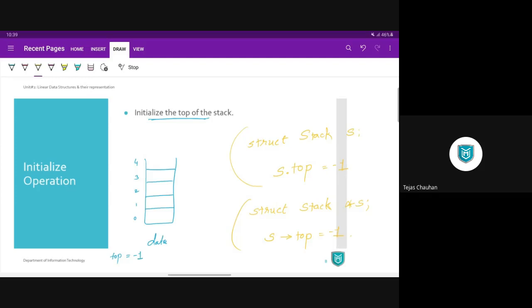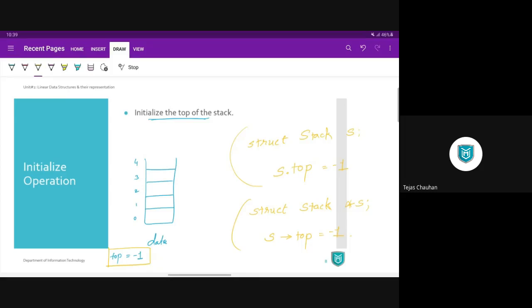And now let's continue from this place. The first operation was initialization of a stack, where we need to initialize our top variable with -1. It is -1 because it's not a valid index, and that indicates our stack is empty. So that's it for initialization. We need only one statement: save -1 in that top variable.